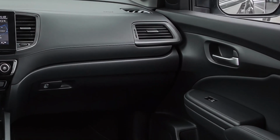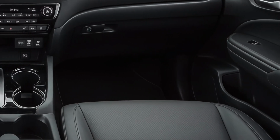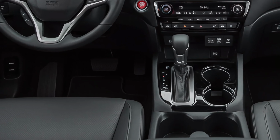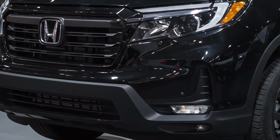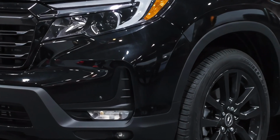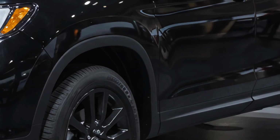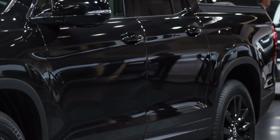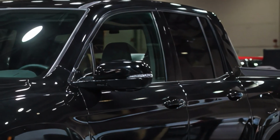Inside, the Ridgeline continues to blur the lines between rugged and refined. The 2025 model features an upgraded cabin with soft-touch materials, a redesigned center console, and more tech than ever before. The new 12.3-inch infotainment screen supports wireless Apple CarPlay and Android Auto, while the digital instrument cluster brings customizable information right to your fingertips. A premium sound system, wireless charging, and enhanced noise insulation make the cabin feel like a